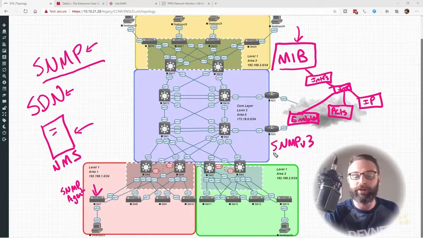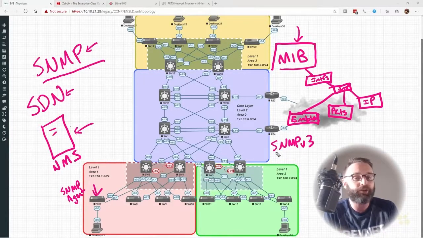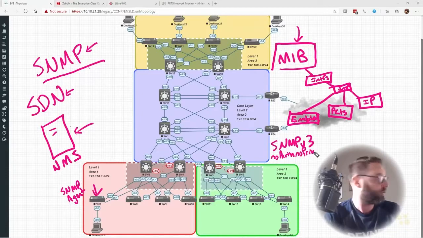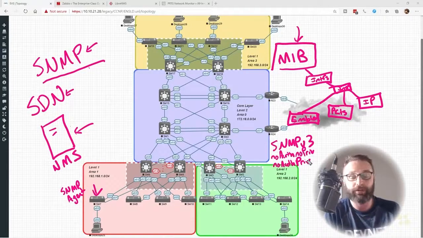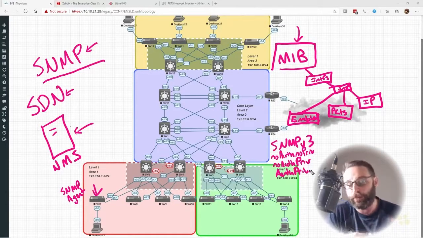In SNMP v3, we added the ability to not only form authentication, but also encryption. So you have three options in SNMP v3. We could do nothing, which is called noAuth, meaning no authentication, and noPriv, meaning no privacy. You could do noAuth, priv, meaning we don't have authentication, but we do have privacy, or you have authPriv, which uses both authentication and privacy, meaning it has both a username and password type of setting, as well